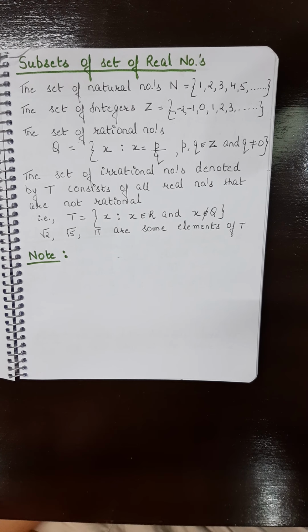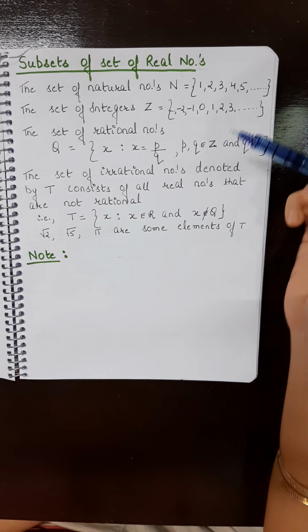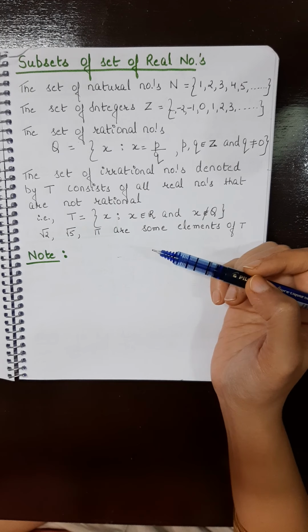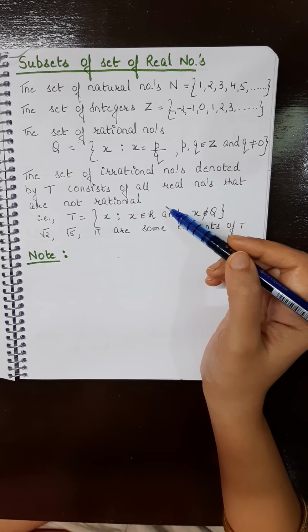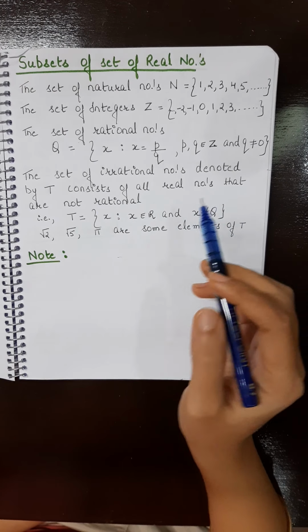I have told you in my first lesson what rational numbers are. You can go through that video and see in detail what rational numbers are, but they are of the form p by q, where p and q are integers and q is not equal to 0. And in fact, every integer is also a rational number. For example, 5 by 2. For example, 4 by 1. So they all are rational numbers.